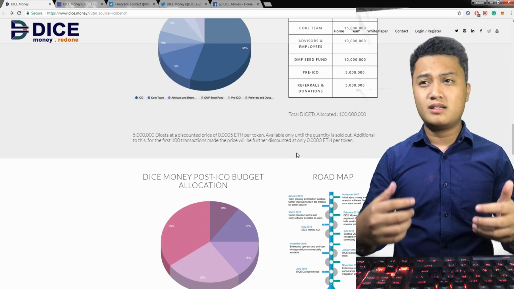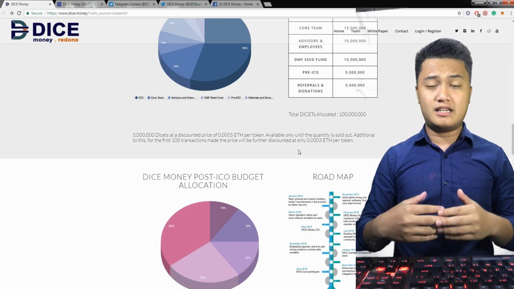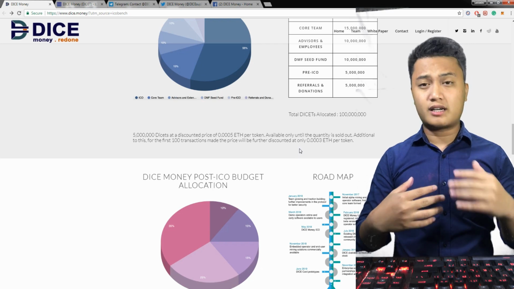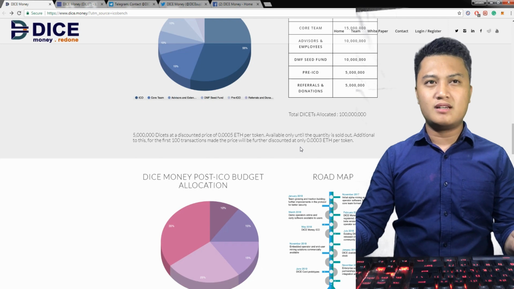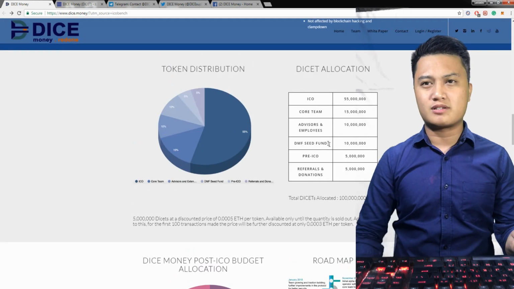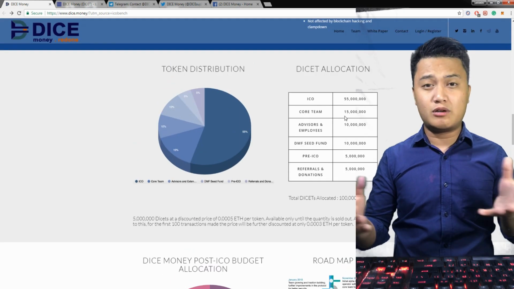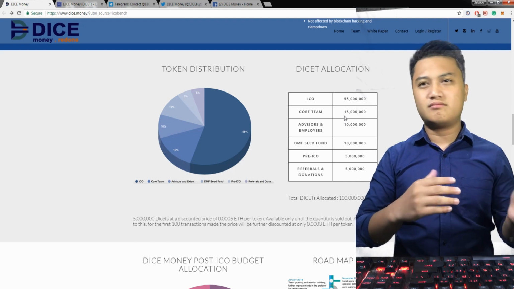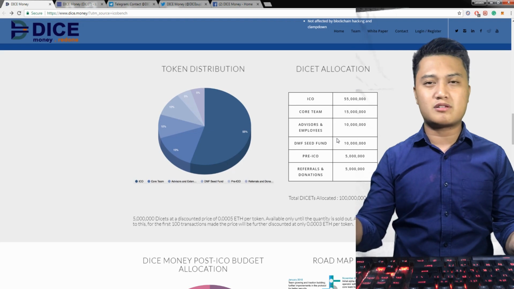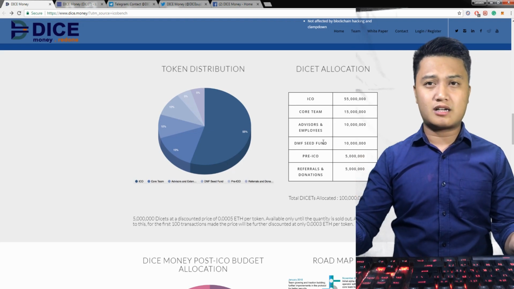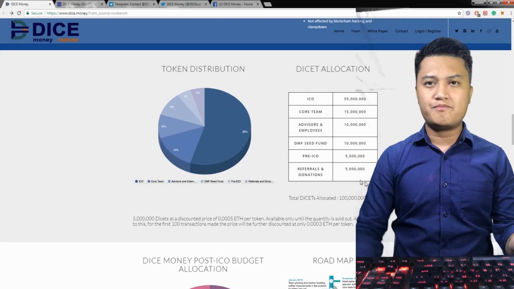So the price of the DCET token is, for me, quite fair in proportion with the initial tokens that are available for sale. That is 50 cents in the ICO, and around 65 million for sale. And I don't know if everything will be sold, so there may be, let's say, less than 50 million tokens for a price of 50 cents.